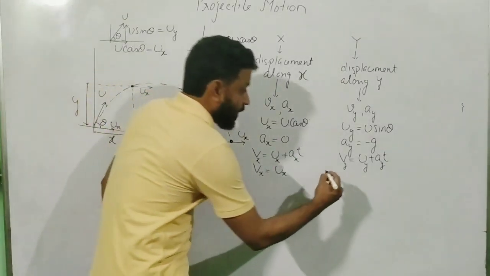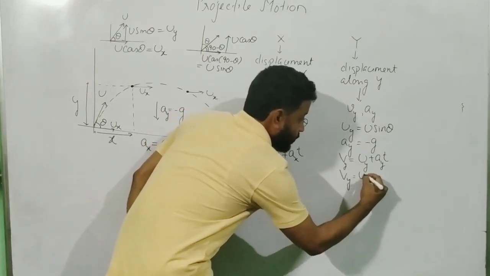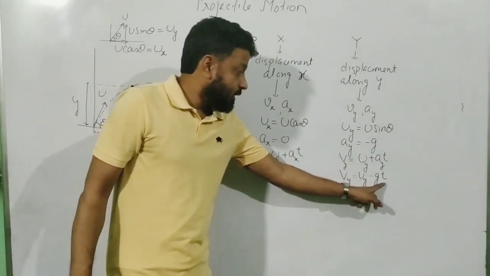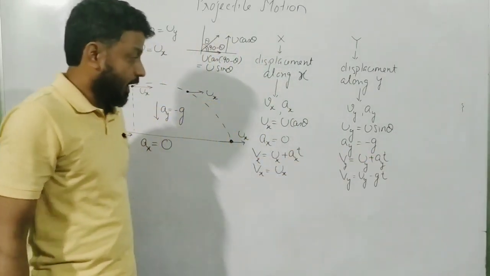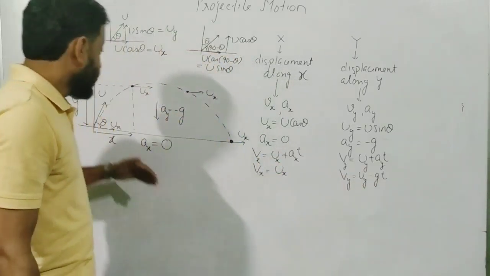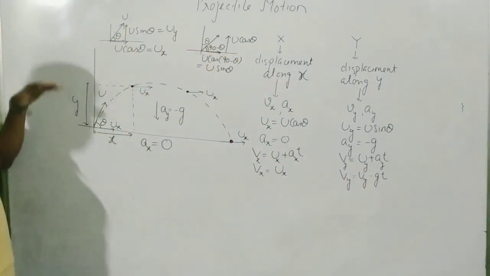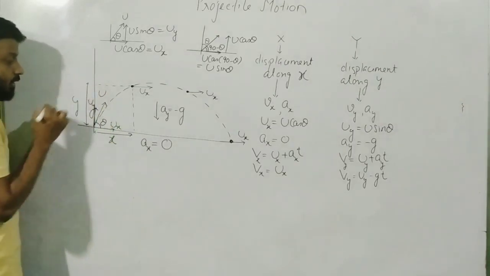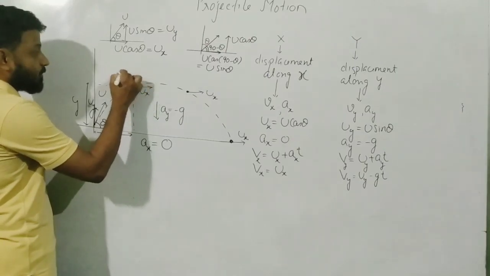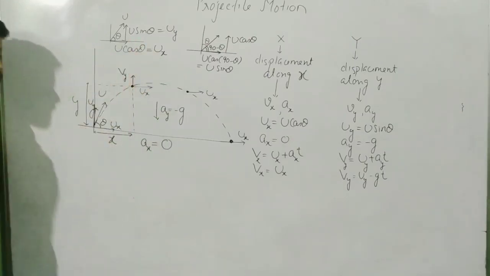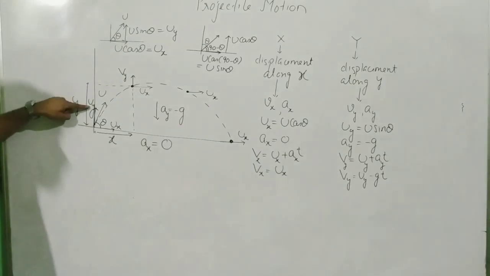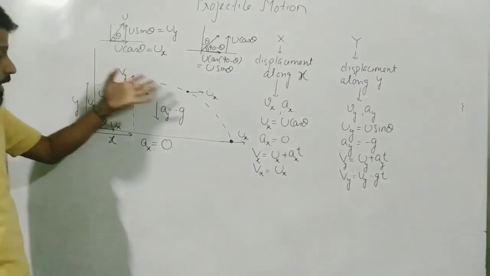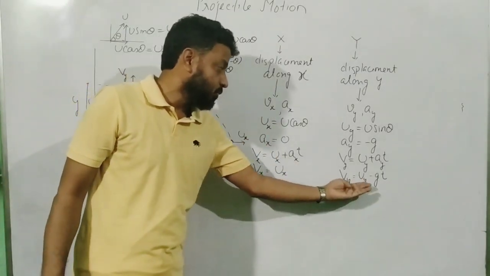But what is happening to vy? Vy is equal to uy minus gt. So the velocity along y direction keeps on changing, and you can see it is getting subtracted here. That means while going up, the y component of velocity decreases. If the initial y component of velocity is uy, then at this point it will have a velocity, let us say vy, and these are not the same. Why? Because there is gravity acting along y direction. And how to find vy? Rely on this formula: vy equals uy minus gt.